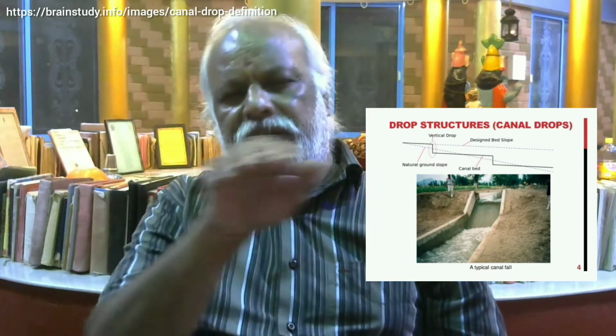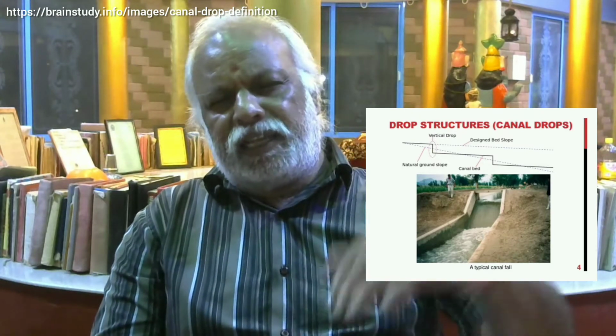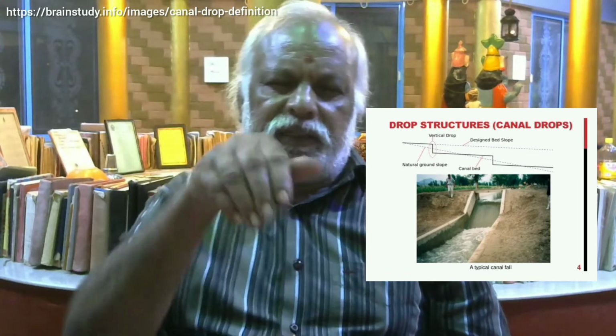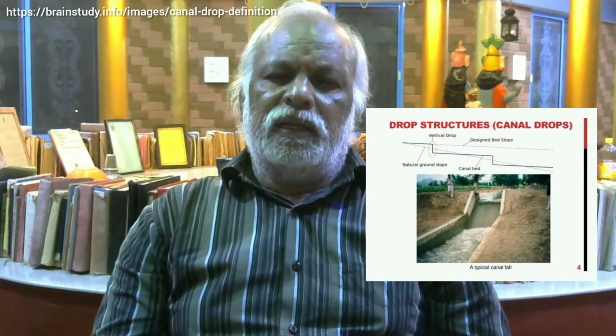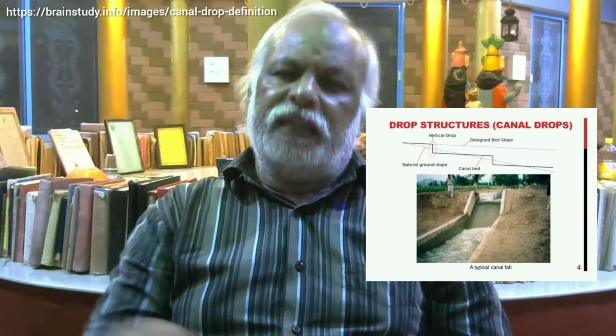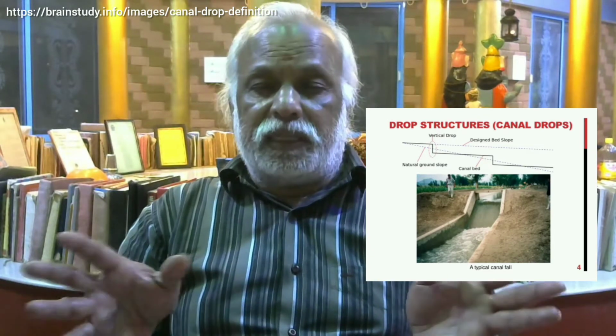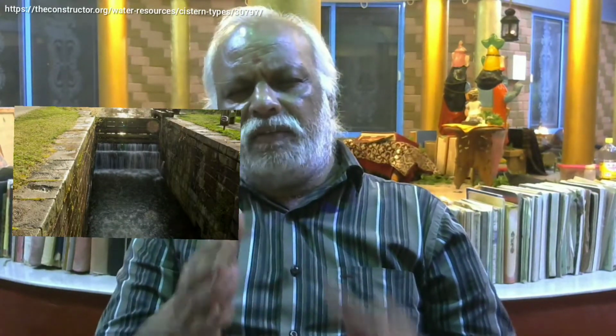And since water is falling, as you have seen, it is just like a miniature dam. So water comes and hits the bed. There is a possibility of water eroding the bed. So you will again have, not that extensive as a stilling basin, but a small water cushion known as a cistern. So a canal drop will have what things?